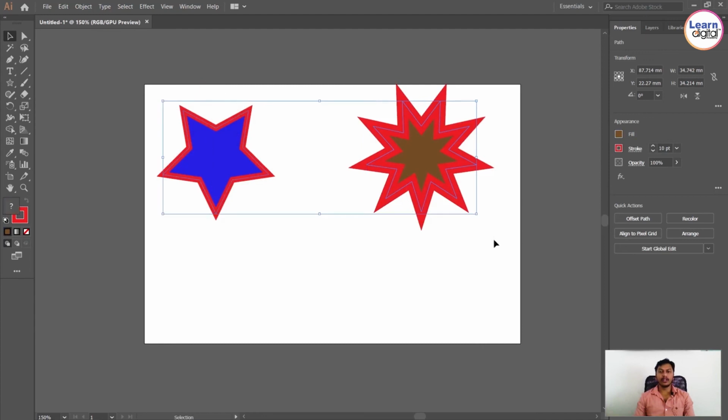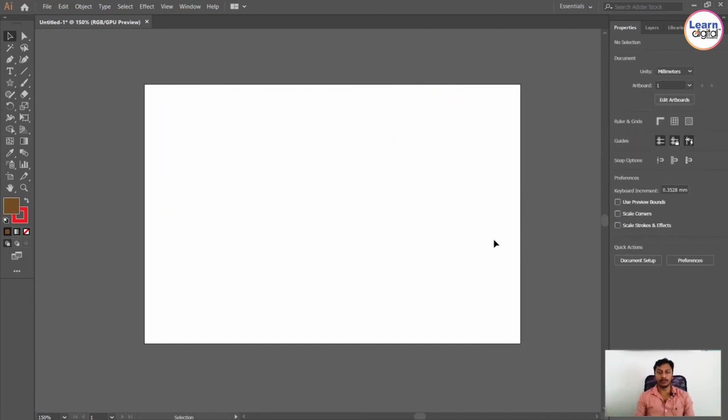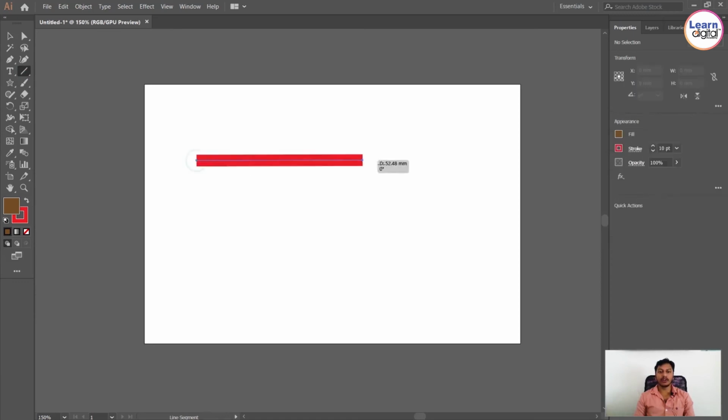Okay. So then, only this many shapes do we have? No, we have still more shapes. Where will you find them? Here you can see a line object, right? Line segment. So click and just draw, and you can see a line. Usually you will get a line in a stroke. You can't fill color as it is only a 2-point object. There is no closed path over here. Only 2 points are there, so it is not at all a polygon. If it is a polygon, you can close that and you can use fill color.